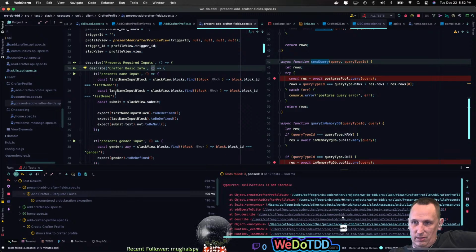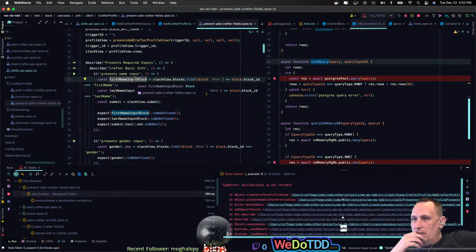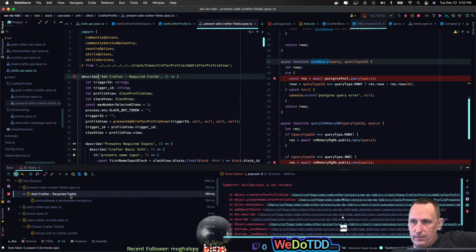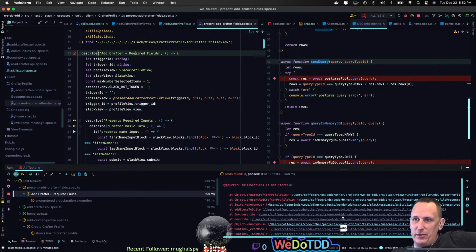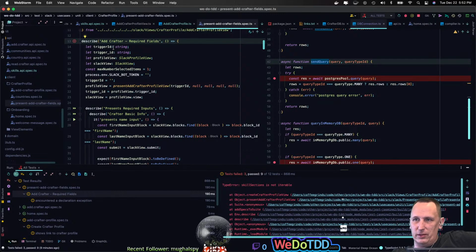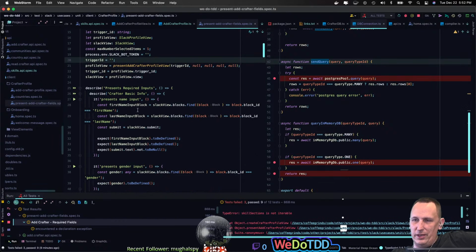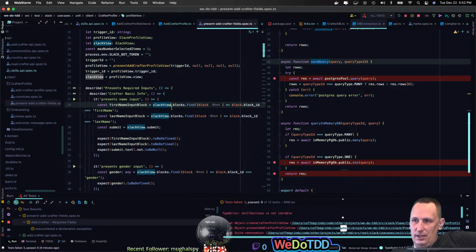So it presents a name input. It's checking to see that we present a name input field for the person. So if we add crafter required, okay, so it presents the required field basically. Okay, so this one's saying it's basically right here. This is the problem. Our test started using that down here, and